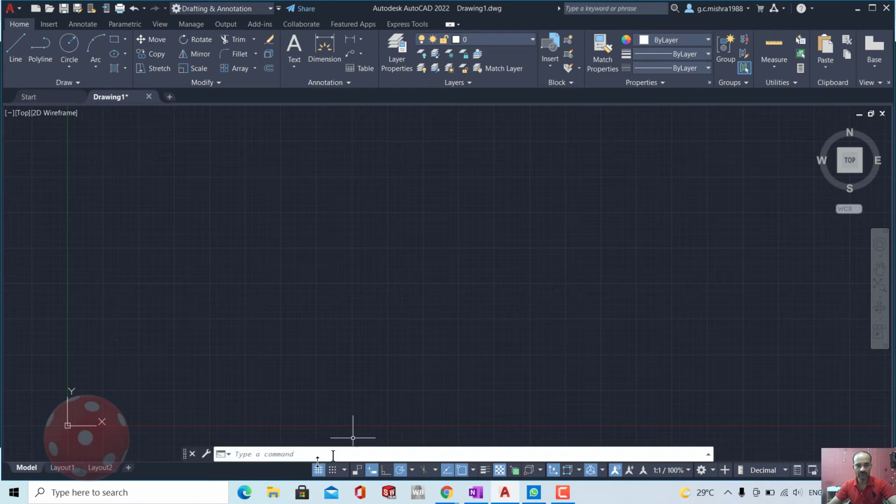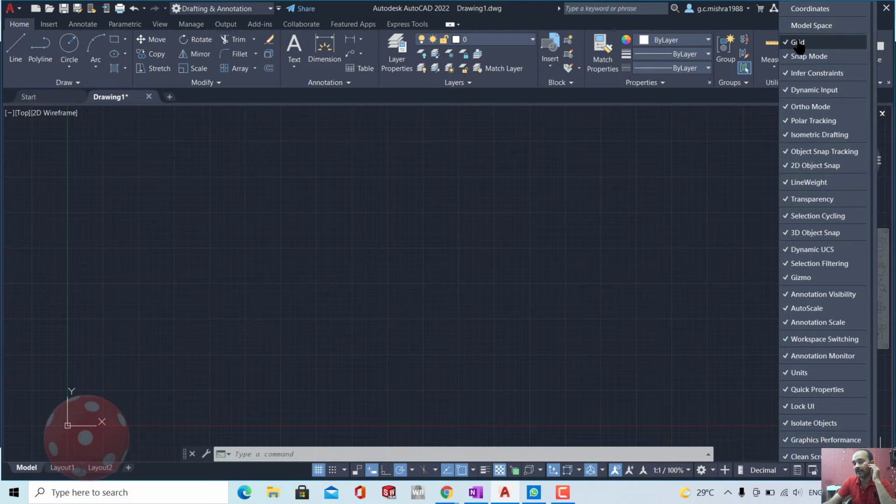So this third one is called grid, and you can turn it on, turn it off. So the third one, grid, is covered now. I will hide the grid icon from here. You can see that now the grid icon is disappearing, and when I need it, I will tick it on. When I have covered all these which are required in 2D, then I will turn them on once again.